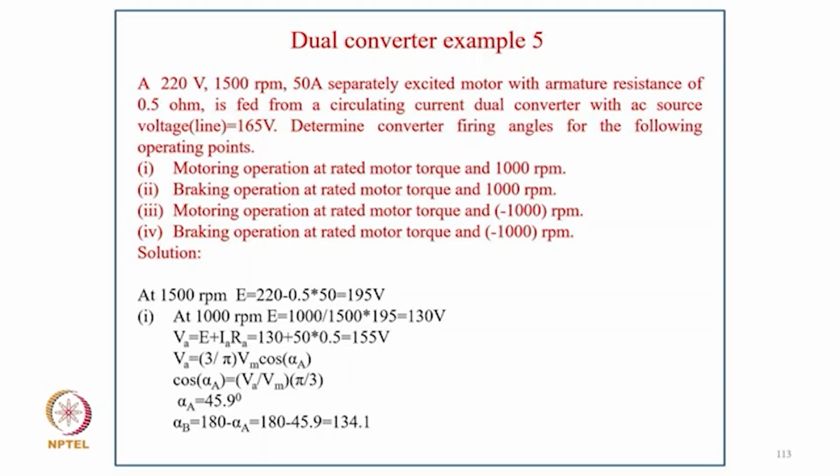The solution: at 1500 rpm, E equal to 220 minus 0.5 into 50, that is 195. At 1000 rpm, E equal to 1000 upon 1500 into 195, that is 130 volt, and V equal to E plus I Ra, so it becomes 155, and V equal to 3 upon pi into root 3 Vm cos alpha A, cos alpha equal to V upon Vm into pi by 3, so alpha A becomes 45.9 degree,